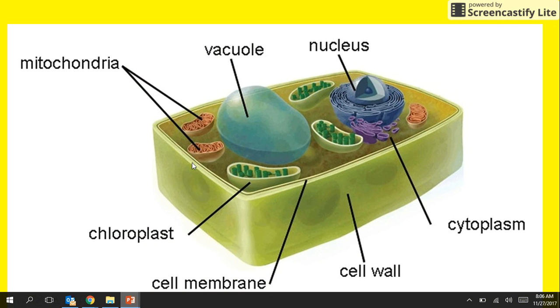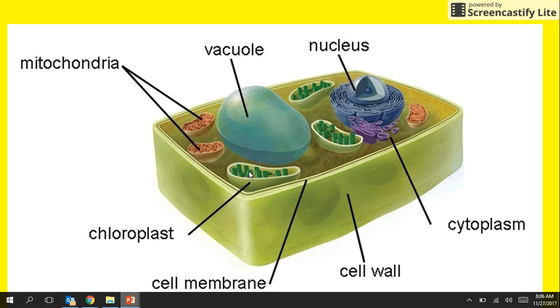In order for water to get inside the cell and to the vacuole and then to the chloroplast, which organelle must the water pass through first? In order for water to get into the cell, which organelle must the water pass through? Perfect. We know that the cell membrane controls what goes in and out of the cell. So the water will go through the cell membrane and gets held in the vacuole until it's time to be